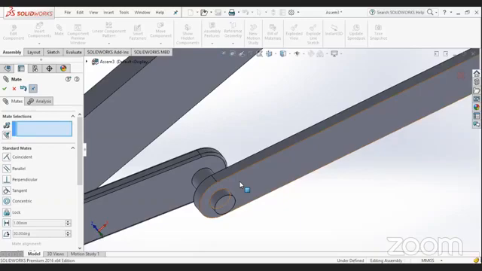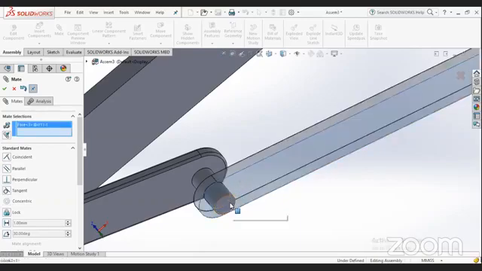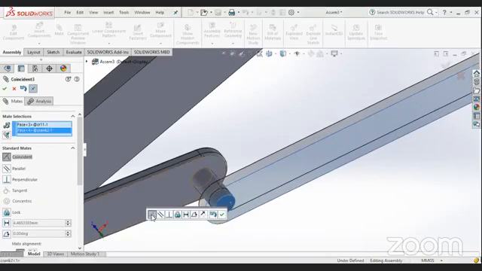It automatically shows you that. This face and this we have selected, and automatically it has applied the coincidence constraint. You can also go for parallel, but it will make no sense in this case because we have already done the coincidence of the axes of the two hole and the shaft. So what is required is to do the coincidence of the two flat surfaces so that I can fix the motion of the connecting rod about the axis. So coincidence, then okay.